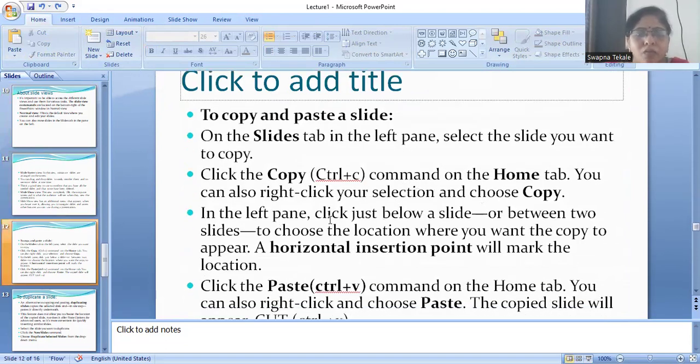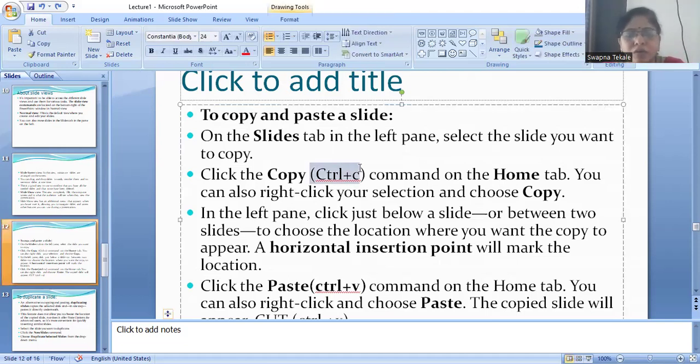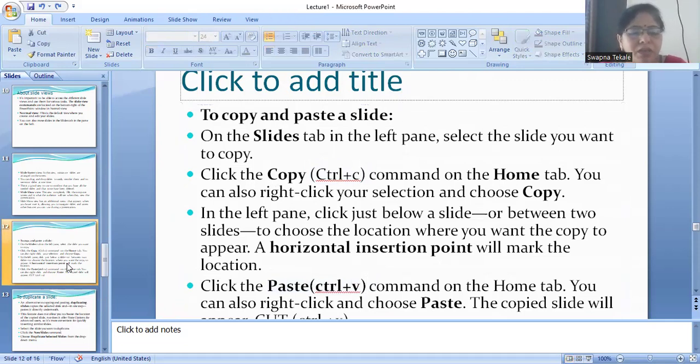Next, we will see how to copy and paste the particular slide. So I am going to copy this slide. For that, normally, Control plus C. This is the shortcut key for copy, and for pasting it is Control plus V. So whichever slide you want to copy, put the cursor over there and then press Control C, and then suppose I am going to paste the slide in a different file. So select the particular slide file,